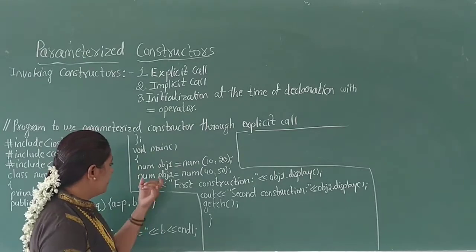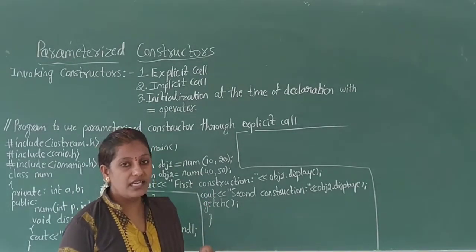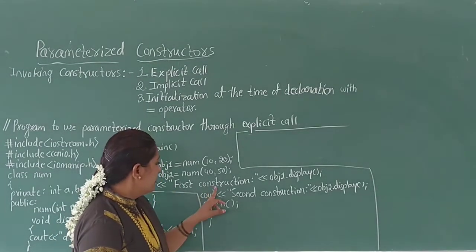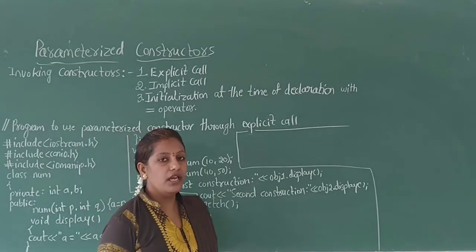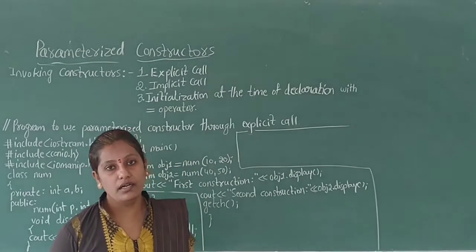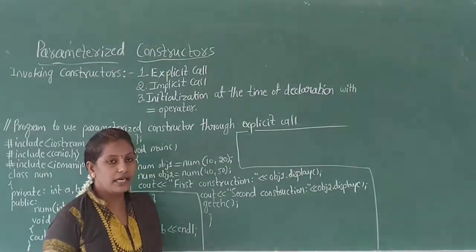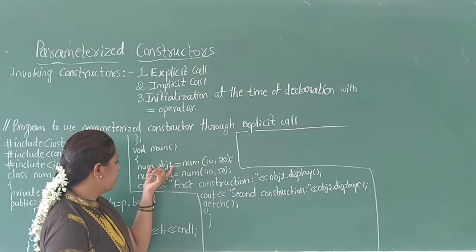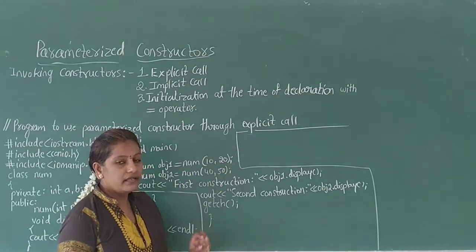In the main function, the argument values are passed through explicit call using the constructor name and assignment operator. To call the display function, two objects are created, obj1 and obj2, using the class name num. Using these two objects, the member function display is called two times. Now we run the program to see how it executes statement by statement. Program execution always starts from the main function. Here in main, first it reads the statement num obj1 is equal to num(10, 20);